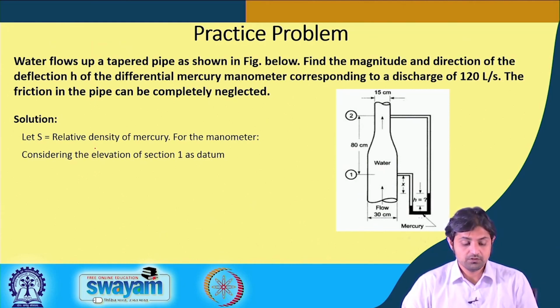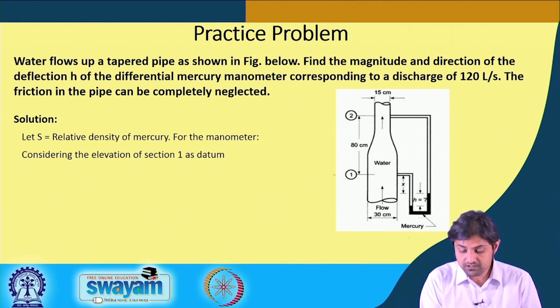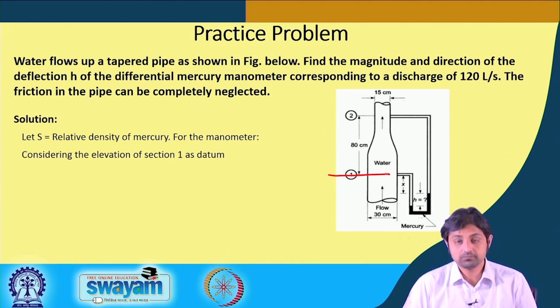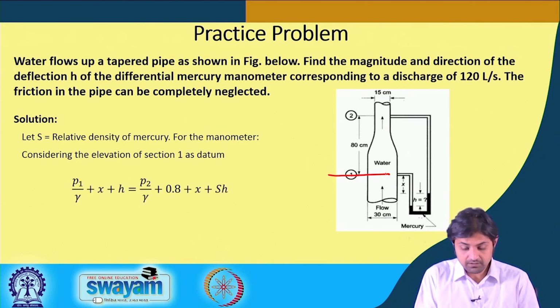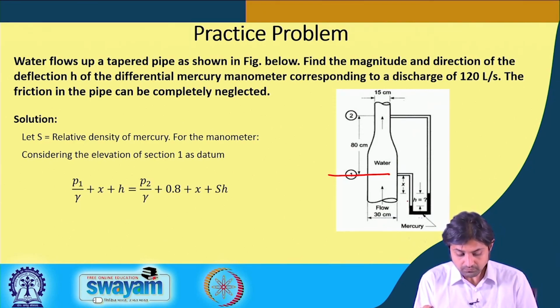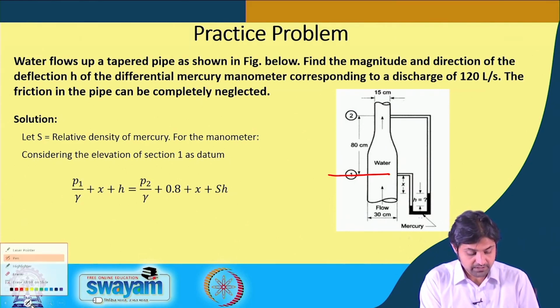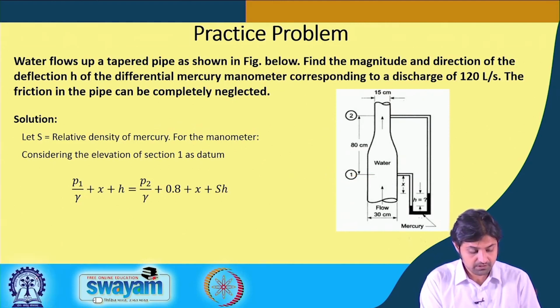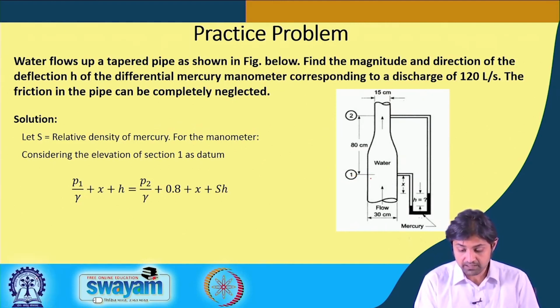So for the manometer here, considering the elevation of this section as the datum, we can write the Bernoulli's equation as P1 by gamma plus X plus H,